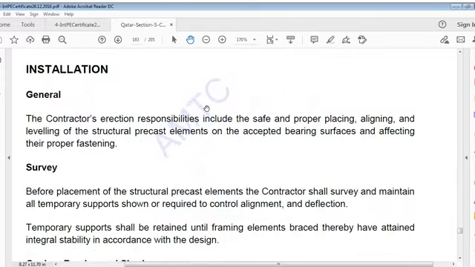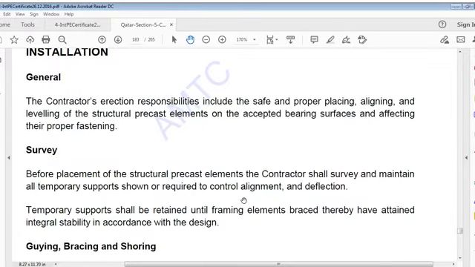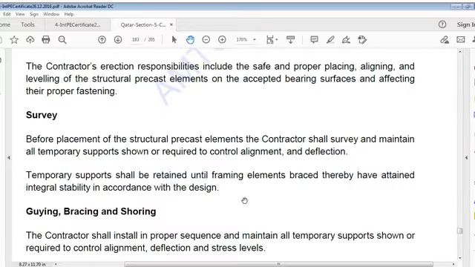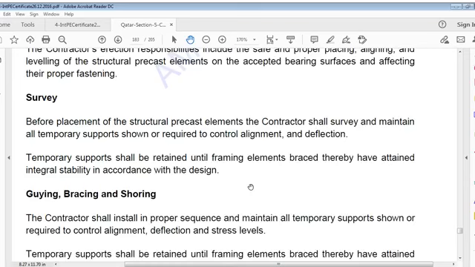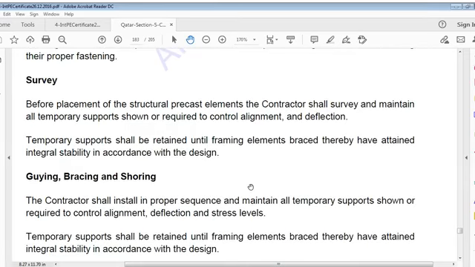Installation. Contractor's erection responsibility includes safe and proper placing, aligning, and leveling of structural precast elements on accepted bearing surfaces and effecting their proper fastening. Survey. Before placement of structural precast elements, contractor shall survey and maintain all temporary supports shown or required to control